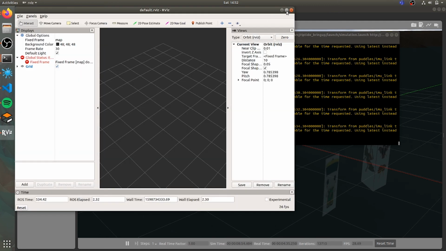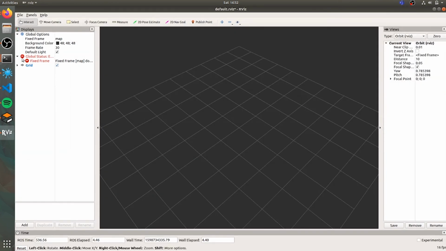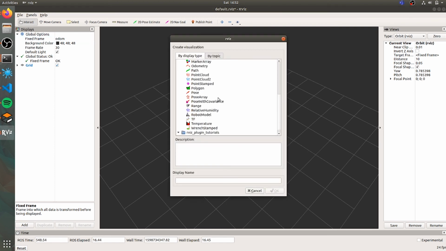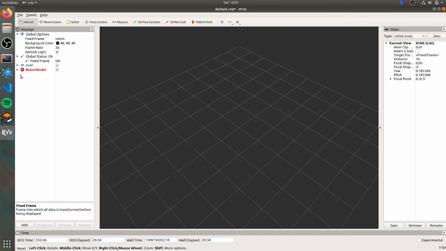So what you're going to do to set up RViz, you have to do a little bit of config to get it set up. First we're going to change the frame to either world or odom, I think, to odom. And then we're going to add a robot model. Yes, robot model. We're going to change this to